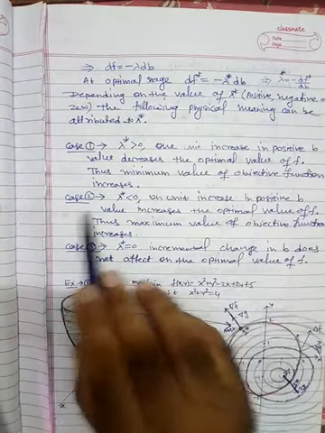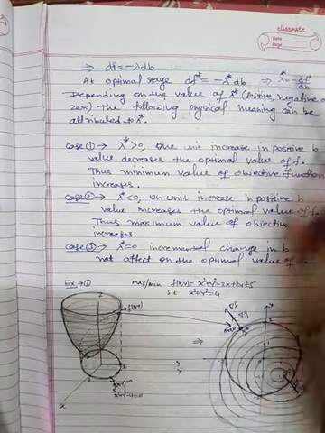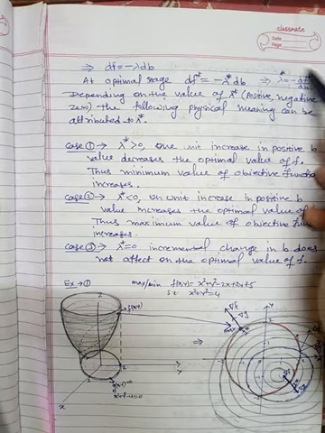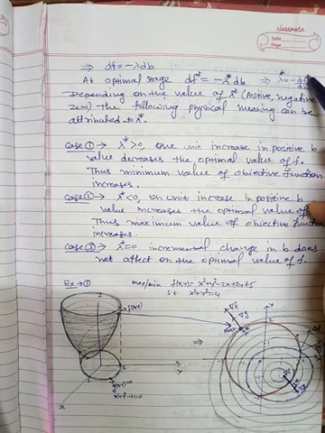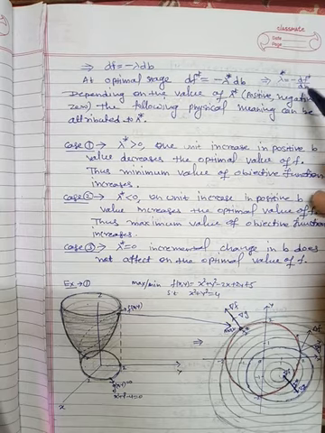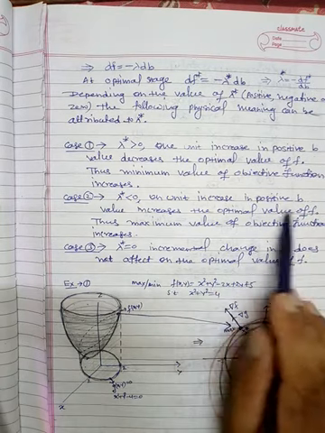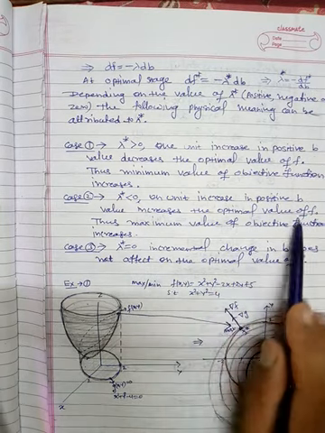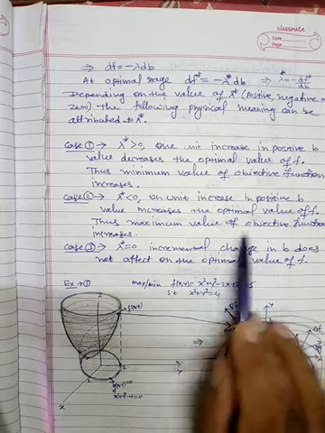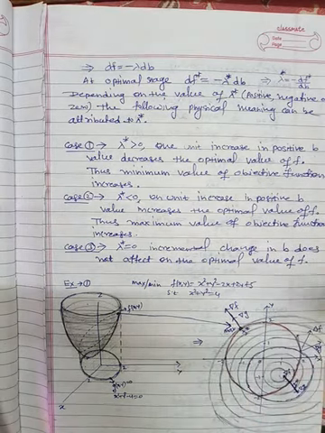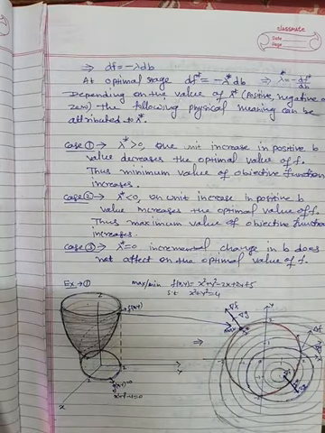Fine. Case 2, when lambda is negative, when this quantity is negative, then this quantity should be negative. This quantity is negative means this quantity should be positive. ये पॉजिटिव होना चाहिए. अब पॉजिटिव का मतलब जब b बढ़े तो f भी बढ़े, दोनों एक ही डायरेक्शन में बढ़े. So 1 unit increase in positive b value increases the optimal value of f. Thus maximum value of objective function increases, यानी मैक्सिमम वैल्यू बढ़ती चली जाएगी क्योंकि f बढ़ता चला जाएगा.